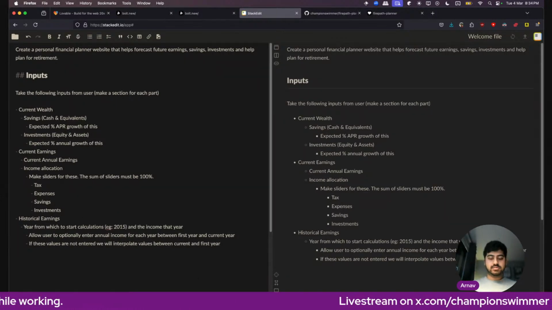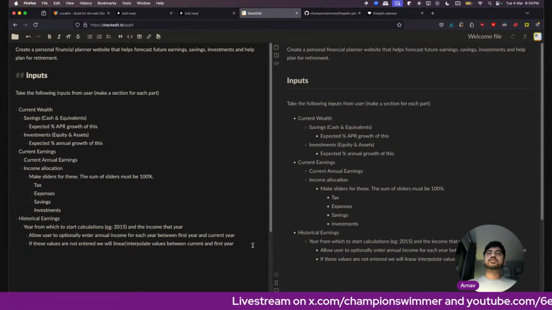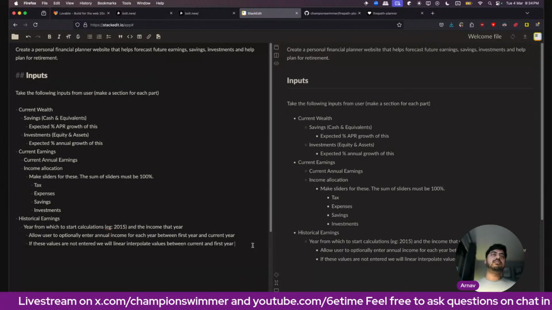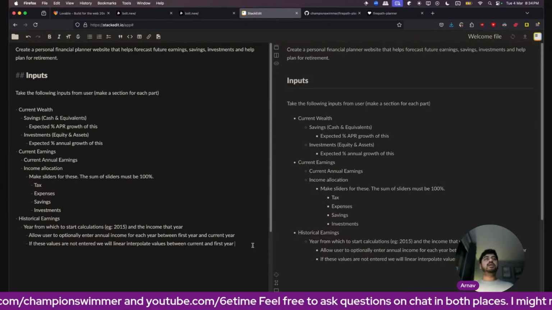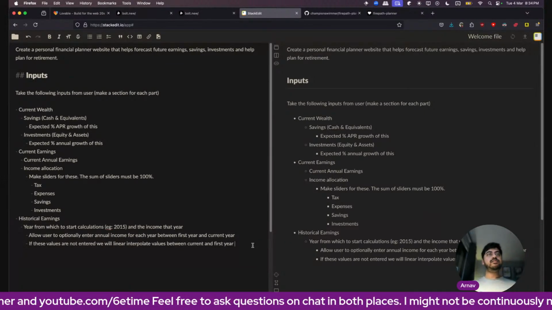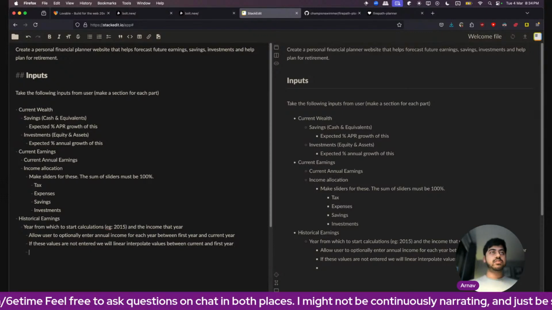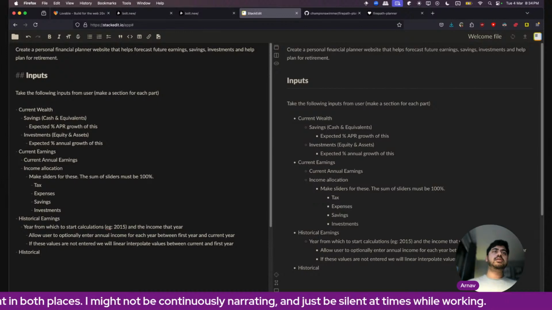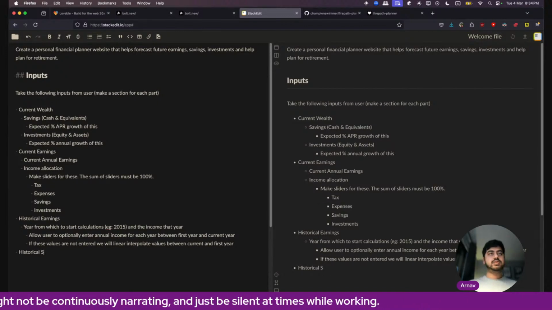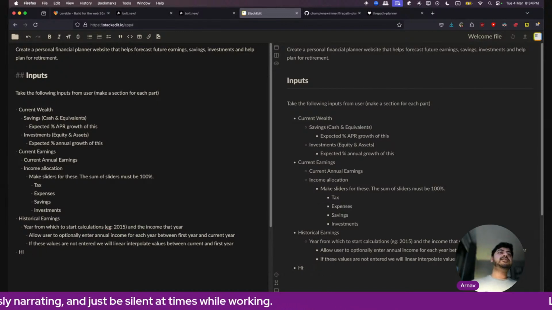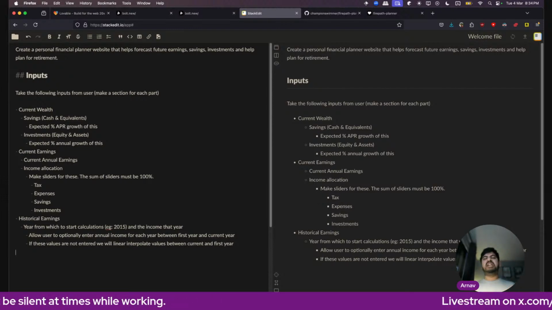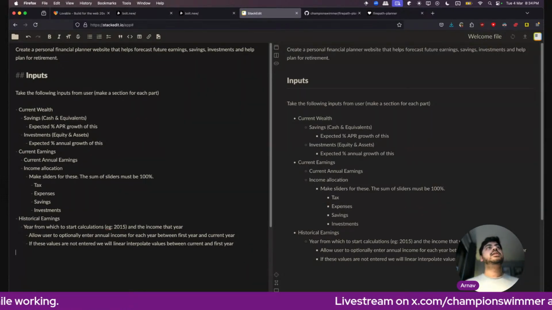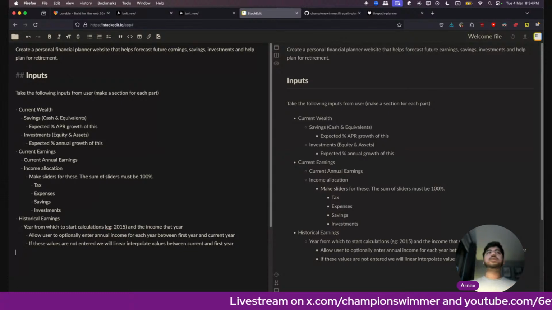I can say, okay, so historical earnings, something I can add information for this. Historical, well, let's say savings and investments are not historical ones. Just let it be. I'll calculate it automatically. So current wealth, current earnings, historical earnings.